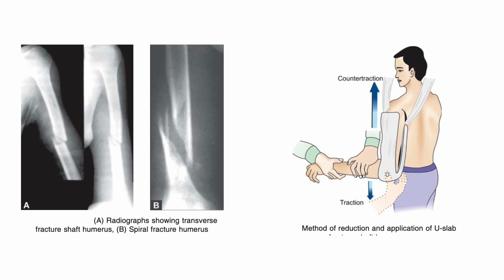In the classification, as I mentioned, this helps to classify the condition in a very individual manner. The fractures are classified on the basis of the location of the fracture and then the type of the fracture. There are three locations I mentioned: the proximal location, which is the top of the humerus near the shoulder; in the middle you have the shaft of the humerus, which is our topic; and the distal location, which is the bottom of the humerus near the elbow. So near the shoulder, near the elbow, and the middle is in the middle region.